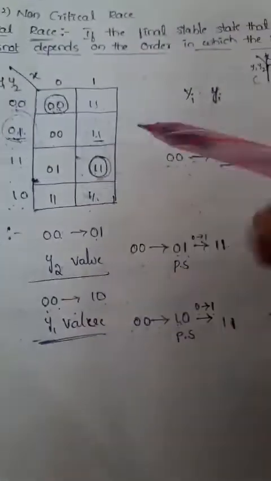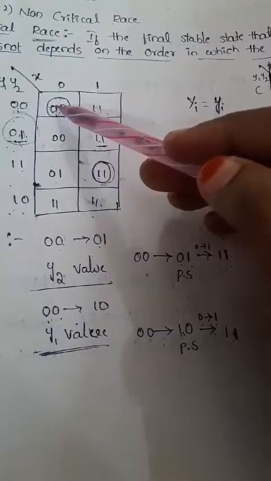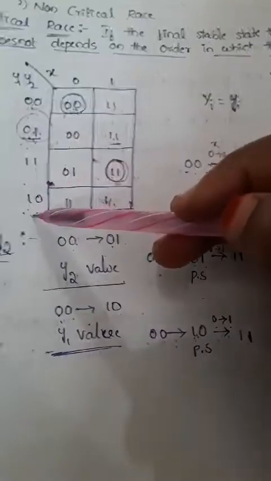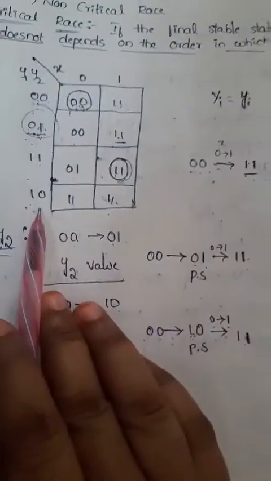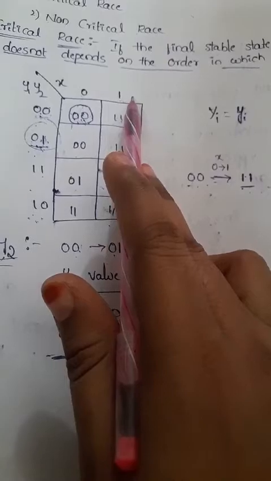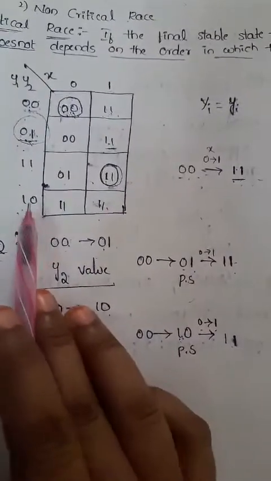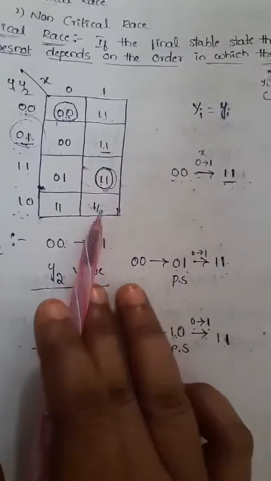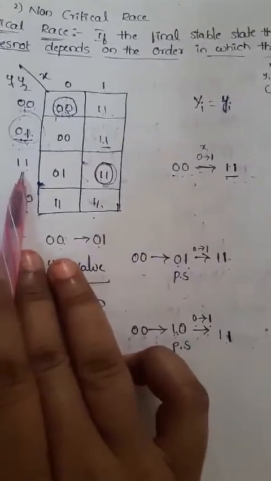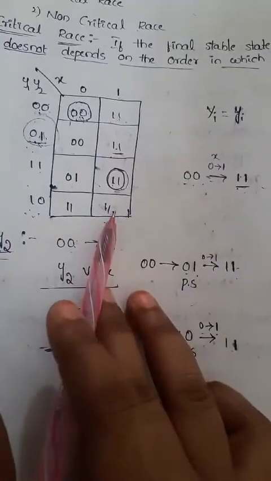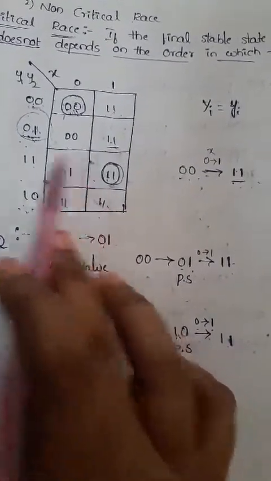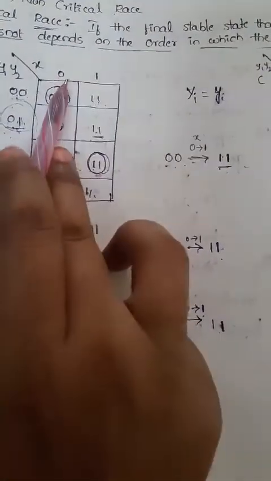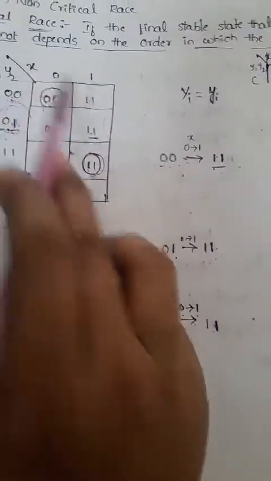Like this, coming to the last stage, we are changing y1 first, so that is nothing but 0 0 can change to 1 0. Directly you can jump to the fourth step, so 1 0. So whenever the input value will be changed to 0 to 1 for the 1 0 case, then we'll get the output is 1 1, right? So after some time this 1 1 will act like a present state. Just imagine this, after some delay, this 1 1 maybe acts like a present state value, then we'll get again the stable condition, while 0 changes to 1 for the x value.